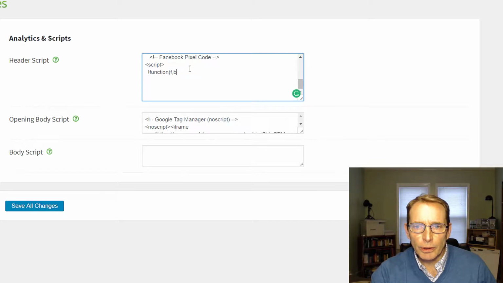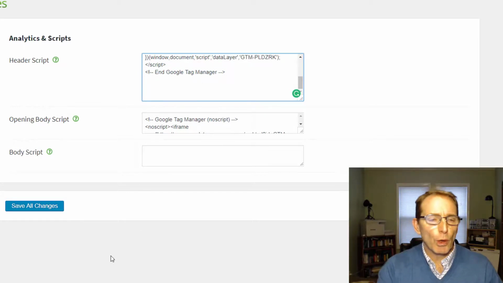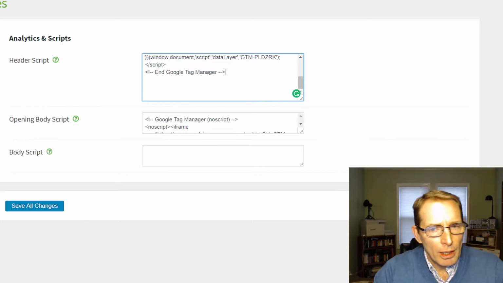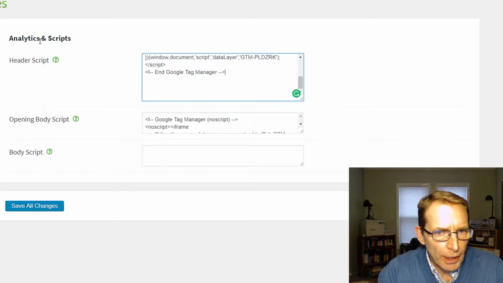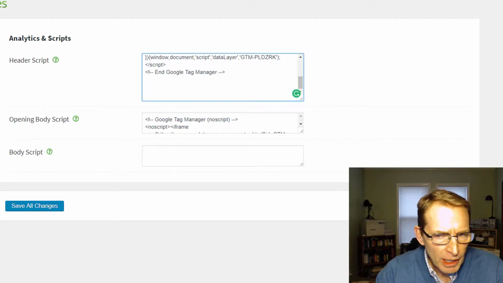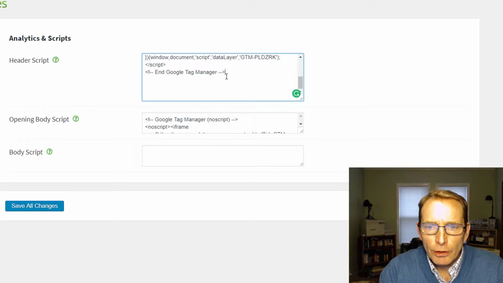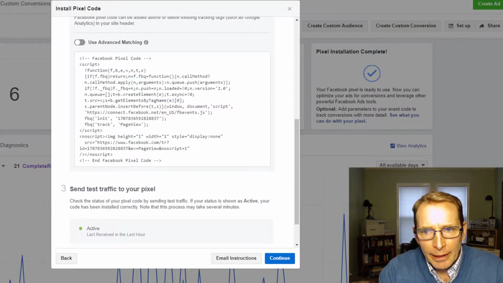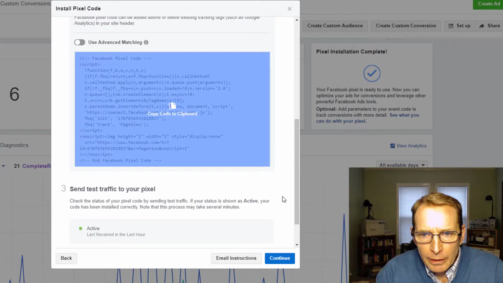So let's get this out real quick, and then we'll also, if for whatever reason you're using a website that doesn't have a header script section or an analytics and scripts section in it, you can use a plugin as well. Just type in Facebook Pixel plugins, and you'll find some plugins that you can download, and then you can just use your Facebook ID, and your ID, by the way, would be right here